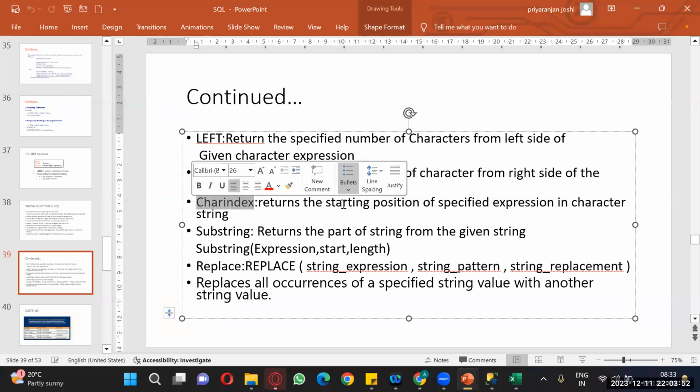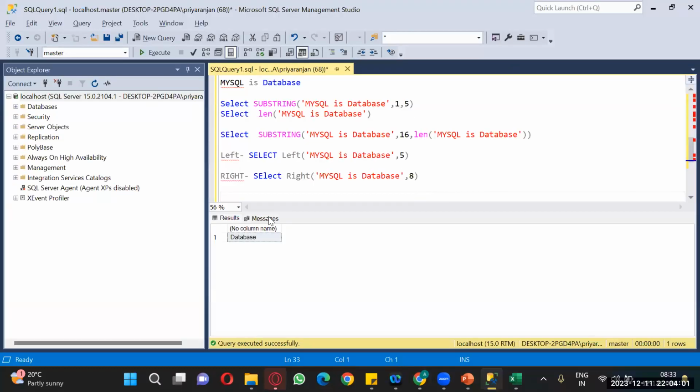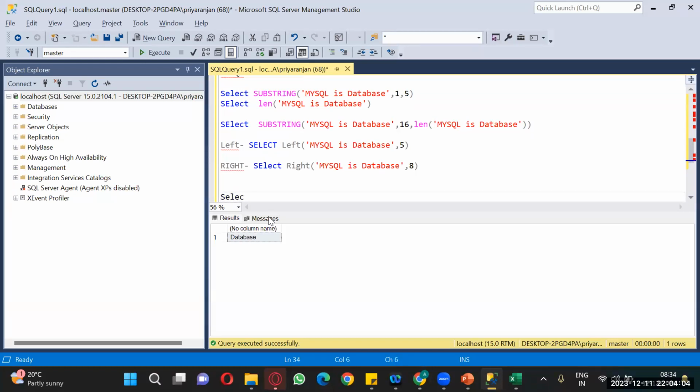Next is CHARINDEX. It returns the starting position of a specified expression in a character string. So how will we mention CHARINDEX? Suppose